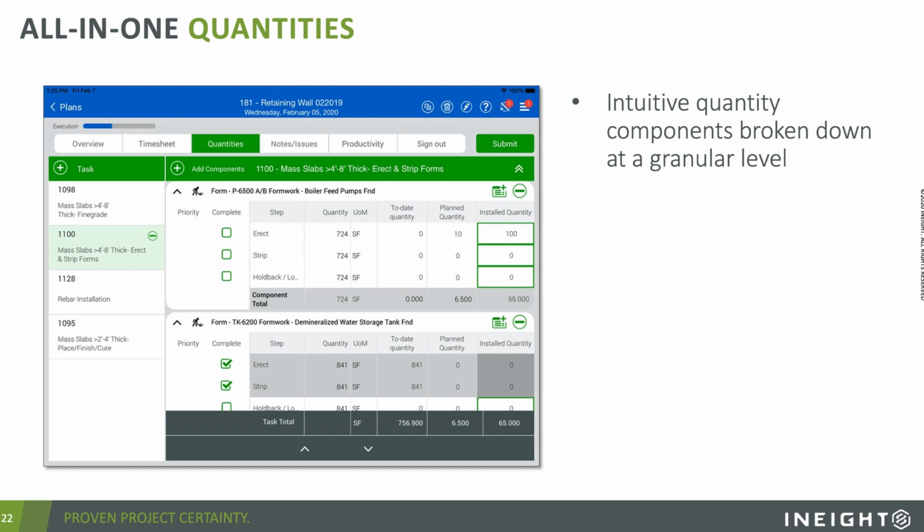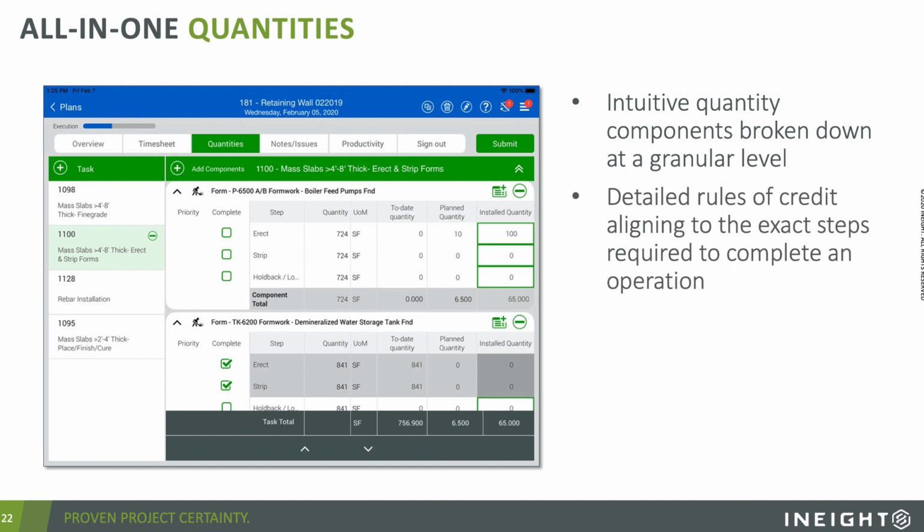So instead of a cost code for foundations and trying to track some sort of productivity or quantity against all foundations, I'm on this spread footing or I'm on this grade beam, and having that component level breakdown.